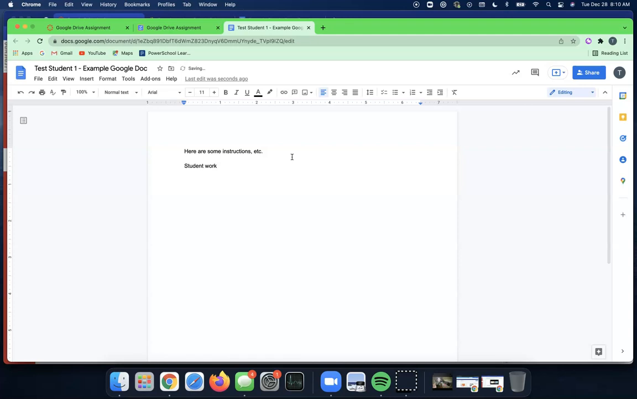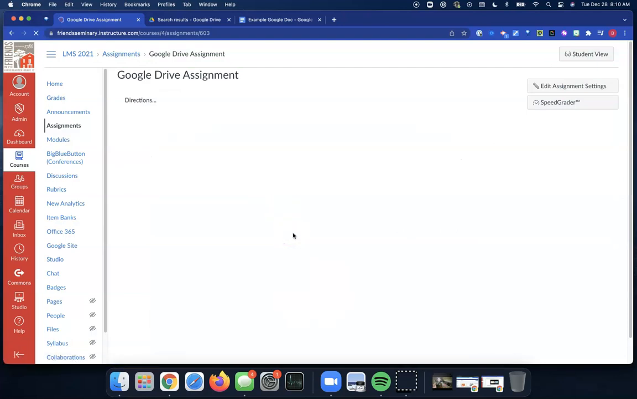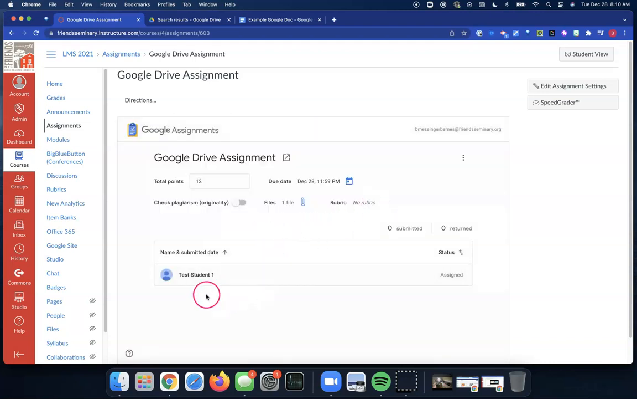The moment that a student opens up their Google Drive artifact, whatever it is, on your end, the teacher perspective, if I refresh the page, you will see that this student now appears, and you see that the status is assigned, meaning they have not yet, quote unquote, turned it in. If I click on this student,